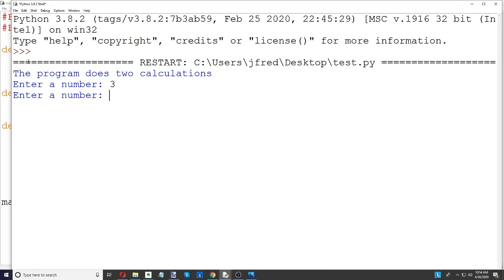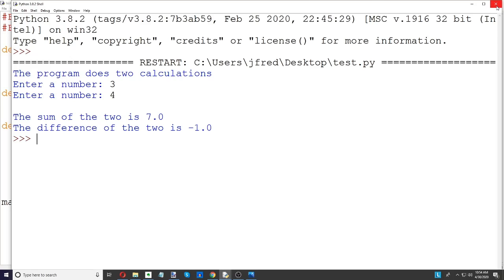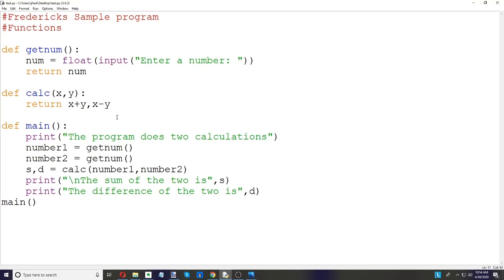So 3 and 4 should return 7 and negative 1. And it did. So again, we can send two numbers into the function, and we can return two numbers. But if you want to return two numbers, you have to have two variables to accept